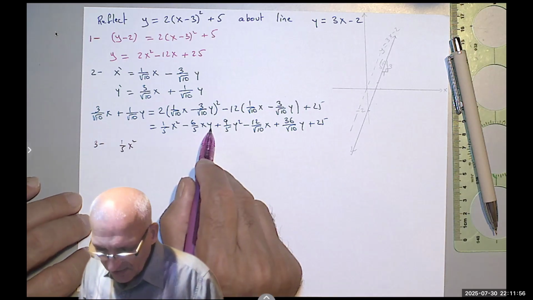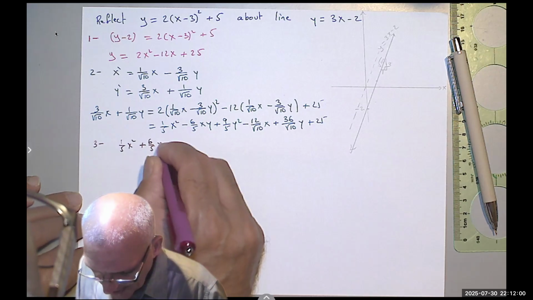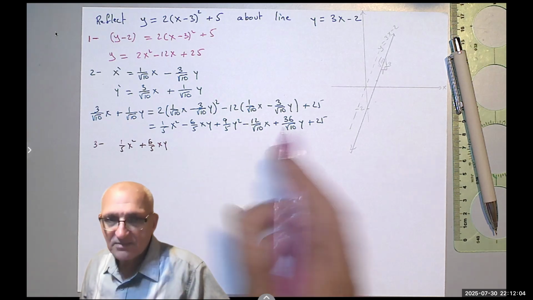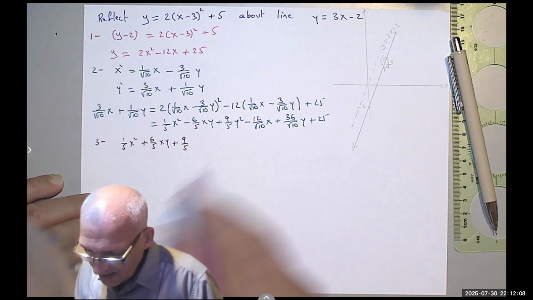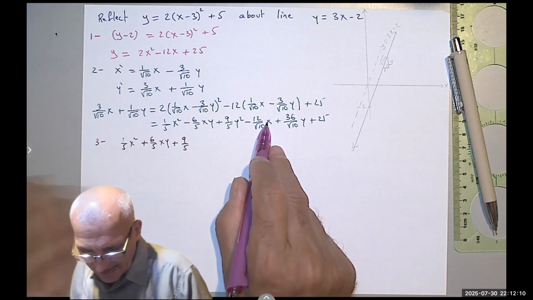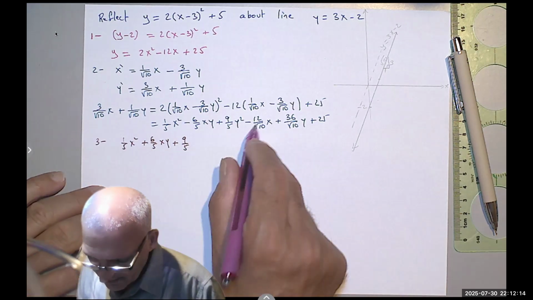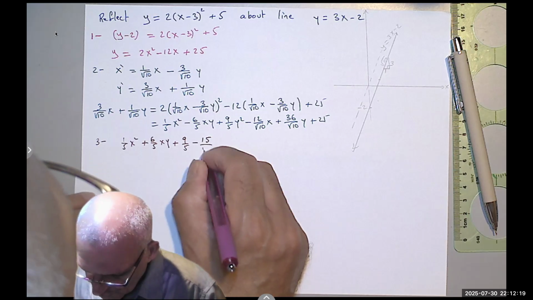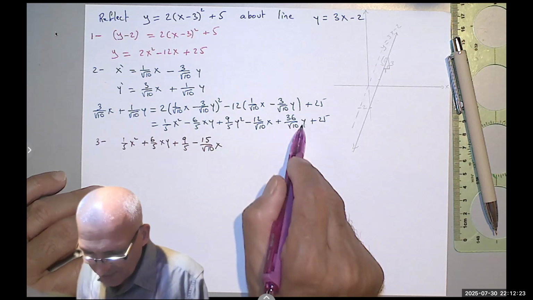The y would become negative y, so this becomes plus 6/5 xy. The y becomes negative y, but when you square it, it becomes positive y squared, so it doesn't change. Negative 12 doesn't change, but I have a positive 3. When it comes here, it will come as a negative 3, so I will end up with negative 15 over root 10 x. The y would become negative y, so that would be,